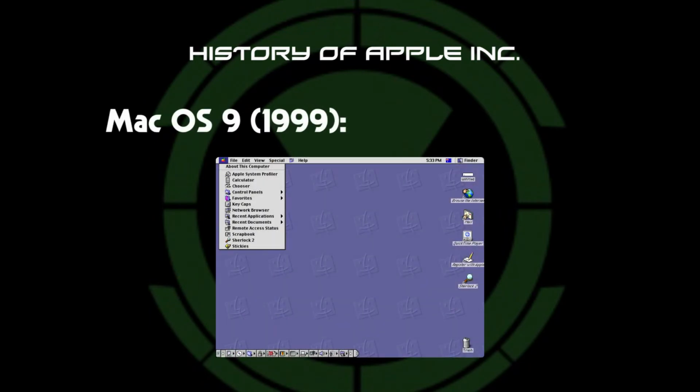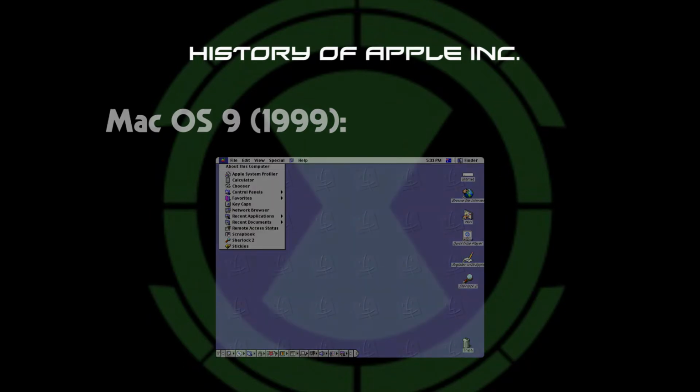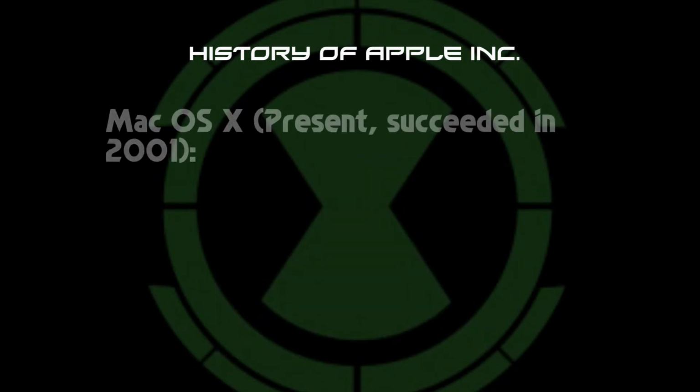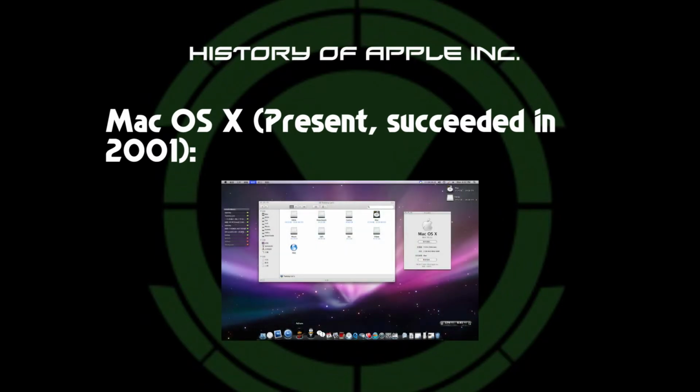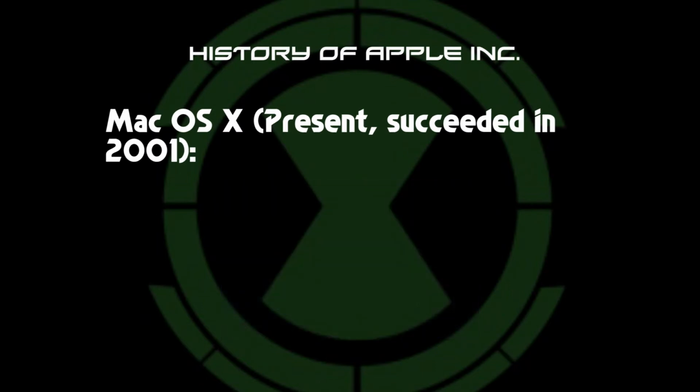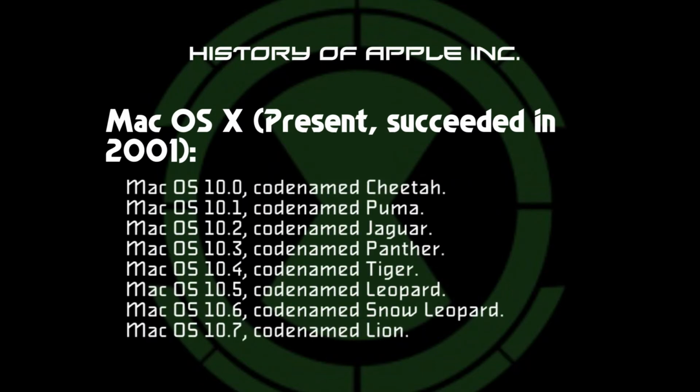Apple rebranded it as Mac OS in 1996, due in part to its Macintosh clone program that ended a year later. And the latest one is Mac OS 10, with X marks the spot. This one is the current Mac operating system that officially succeeded the classic Mac OS in 2001, as seen in the iMac G3. Mac OS 10 has numerous versions that we together list in series.